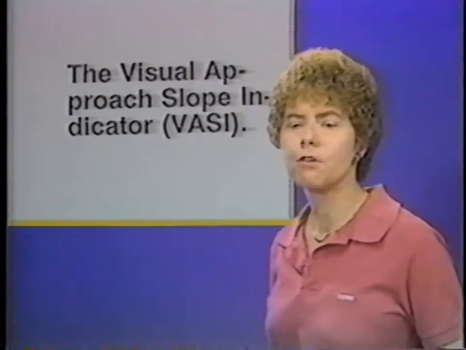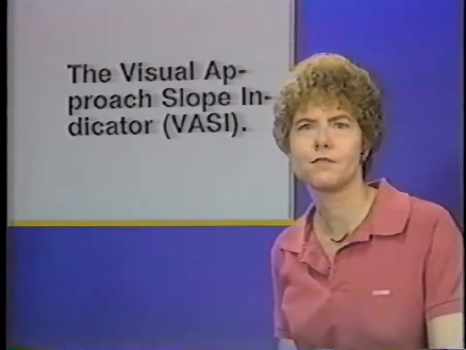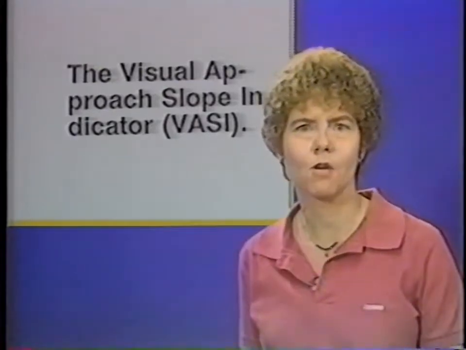Now, when you're landing at an airport that has an operating control tower, there's an interesting regulation regarding the use of the visual approach slope indicator, the use of the VASI system. If you're coming in to land at an airport with an operating tower, and the runway you're landing on has a VASI, that visual approach slope indicator, and you remember that's the red and white lights at the side of the runway that tell you whether you're coming in too high or too low on final,